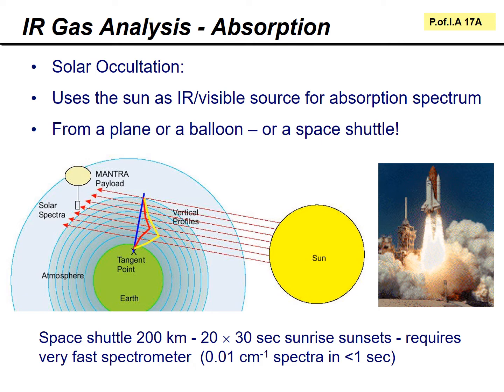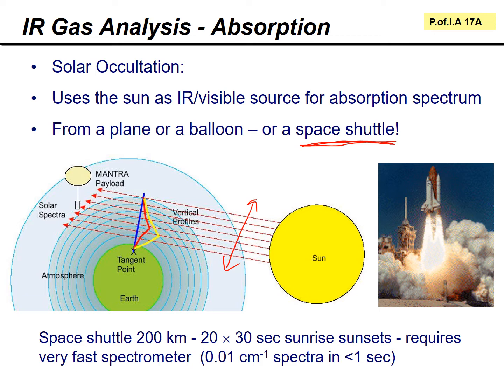An extreme version of solar occultation, which goes the whole way through the atmosphere at various depth profiles, like this, so imaging crossways through the atmosphere, can be done from a plane or a balloon, or if you're really fancy, it used to be done using the space shuttle. So the space shuttle would get around the world in a bit over an hour or so, and as it was orbiting,